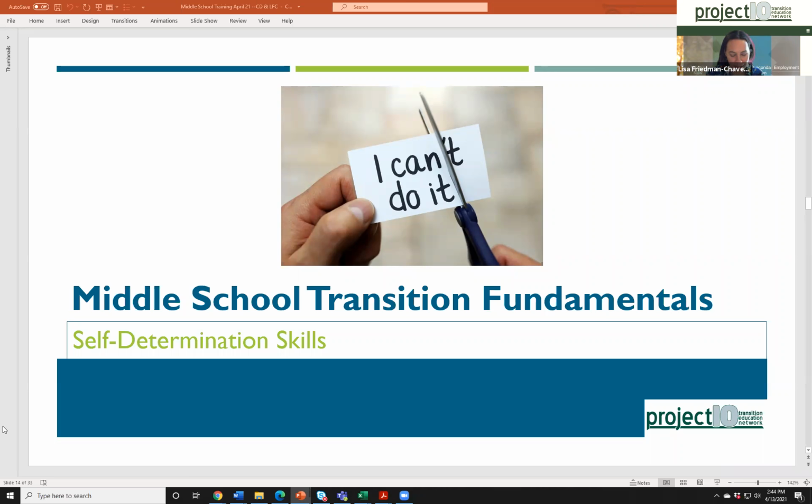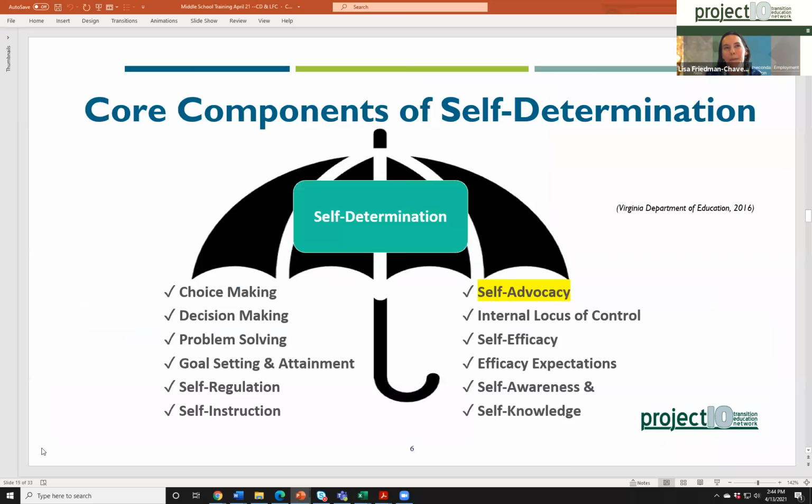And let me switch to the next slide. Again, I always feel kind of bad shortchanging self-determination and self-advocacy because it is so critical. It's so important. We even have our curriculum about it that starts in elementary school, Standing Up for Me. And there's a presentation that we have just on self-determination and self-advocacy. But in a teeny weeny nutshell for today, we just want to remind folks that